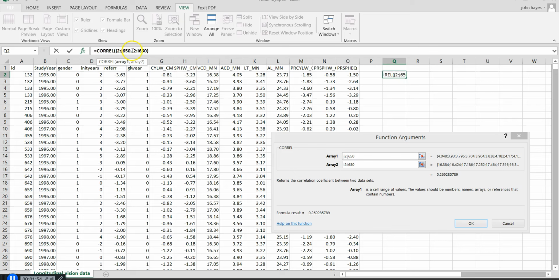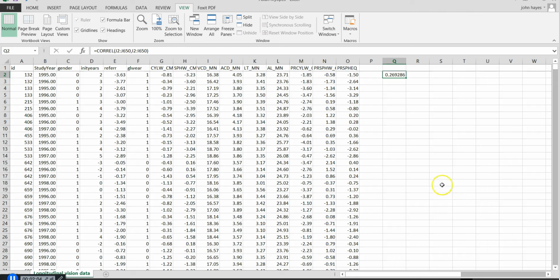And so our correlation is 0.269. So that's positive correlation. And let's try the same thing for VCD against ACD, anterior chamber depth. Let's look at lens thickness